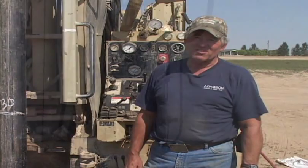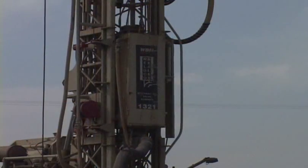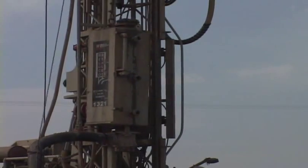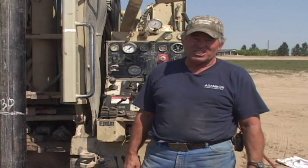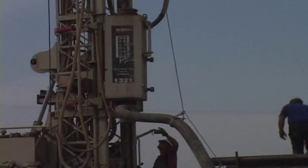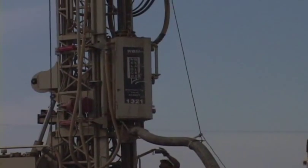I especially like the swing out system. You can actually take the casing hammer and swing it right out of the way, and then you've got a full open throat to work on your well, to put your screens in, to do what you need to do, to measure your well, whatever. And when you need to work with your casing hammer, it swings right back in and you're working again quick